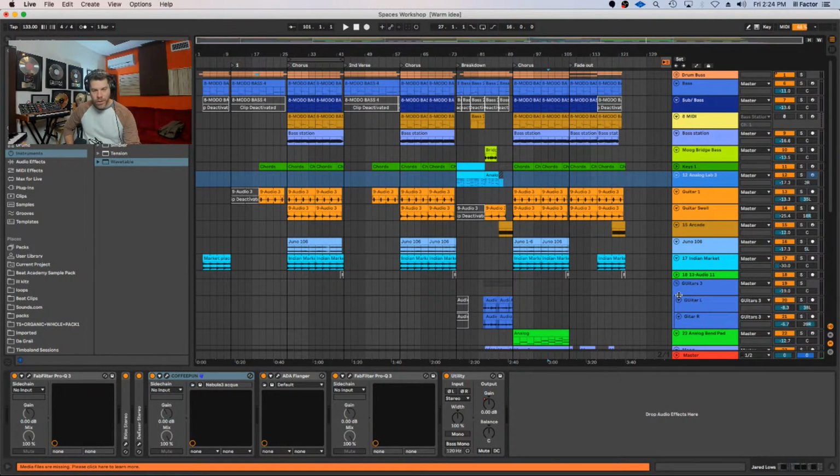Here's the thing when it comes to guitars. If you've got different rhythm guitar takes, meaning that they're actual different types of performances, and you're not just doubling one rhythm guitar part and stacking and layering that, it could get really messy. So I would individually process the different rhythm guitar parts and do a little bit of panning to space them out. But if you've got a guitar part and you're only doubling it so that you can layer it, just do a hard pan left, hard pan right. I mean, that's cool too.